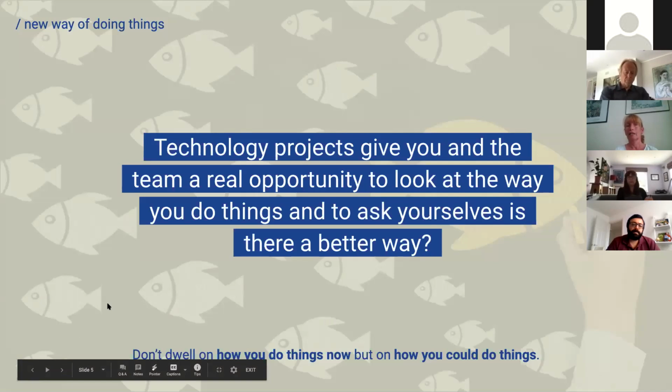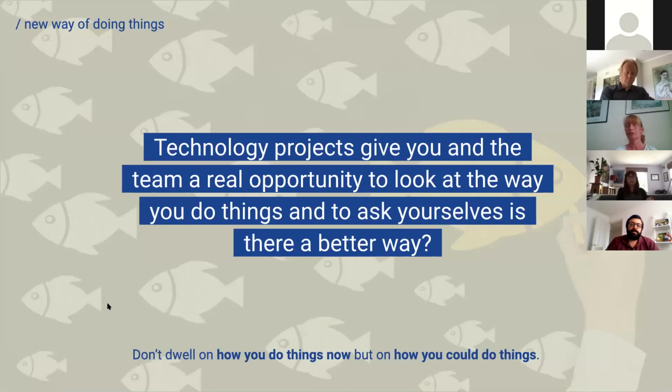In my view, a technology project gives you the chance to look at how you can do things better. As I said before, don't try and replicate a clunky process. Is there a better way of doing things? Look at the future. Look at how you can save time and make efficiencies. And finally,